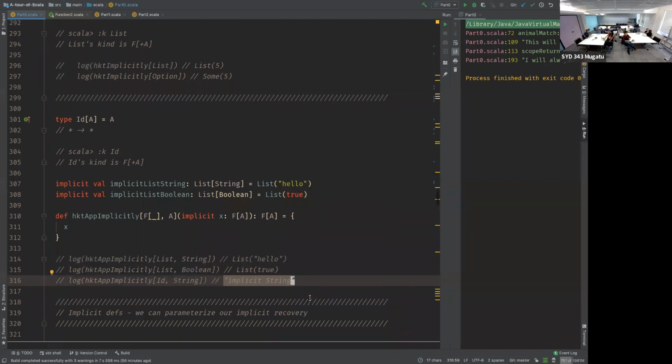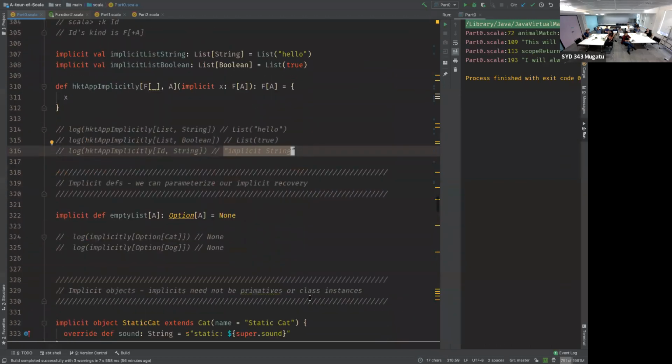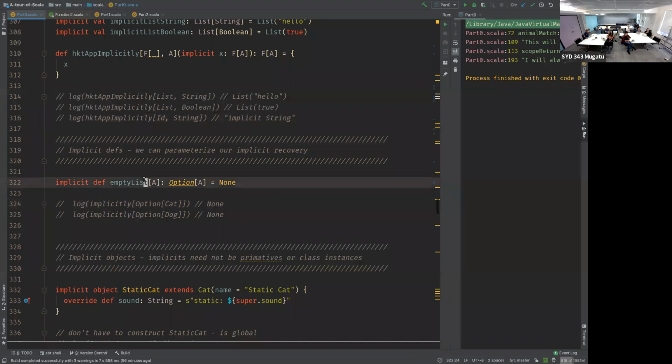Cool. It gets scary. Our implicits can have generic parameters. You might be thinking, why am I telling you this? In lecture 3, you'll figure out why that's the case, because it gets kind of hairy and you'll be like, what the hell are you doing, Max? Why are you showing me this? But, for example, for some generic option, for some option of A, it can be an option of int, an option of string, whatever it is,